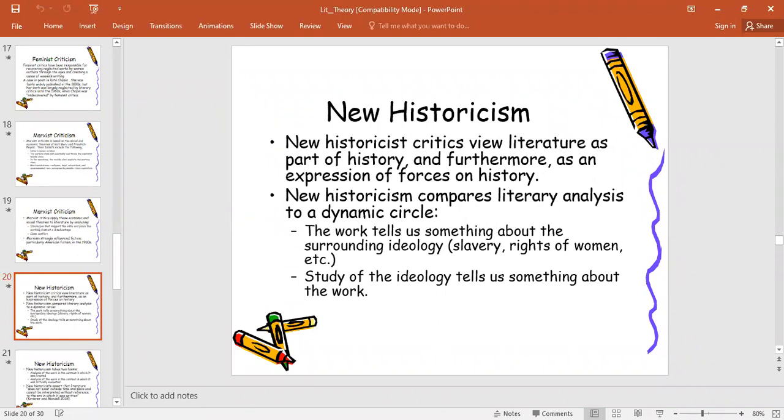New Historicism compares literary analysis to the dynamic cycles. The work tells us something about the surrounding ideology, for example, slavery, rights of women, etc. A study of ideology tells us something about the work. It means that the whole attention of man was diverted only to one thing, and that was to work for others and nothing else. As far as slavery is concerned, as far as the rights of women are concerned, then,